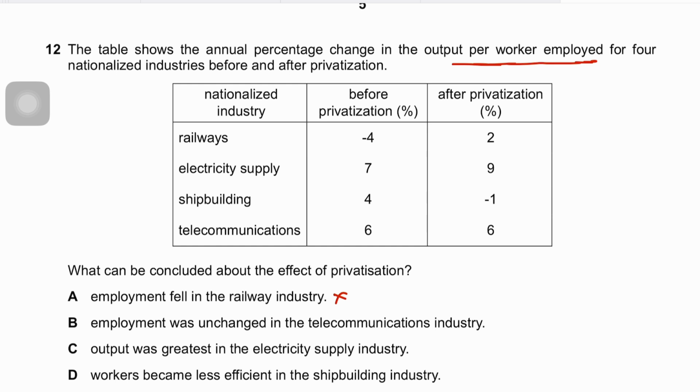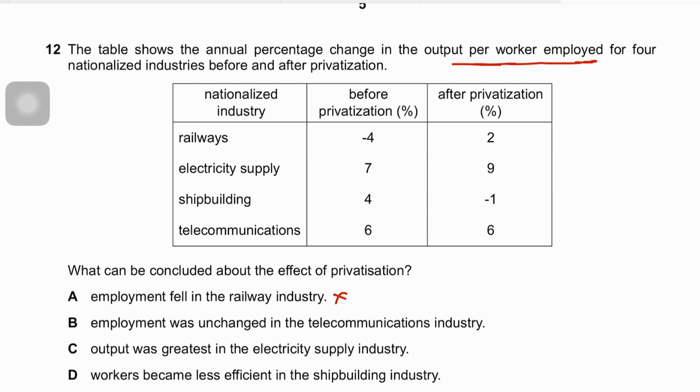And option C is saying output was greatest in the electricity supply industry, and in the electricity supply industry we are seeing an increase in output per worker. It's basically providing output per worker, and these are giving percentage changes. It's not providing us absolute output levels, right? So we can't really determine the absolute output level from percentage changes alone. And so this statement would not be the correct option, and hence we are left with option D as